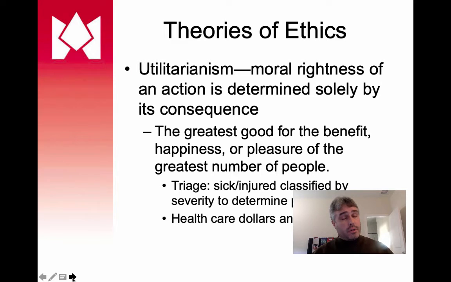Another example of this is healthcare dollars and research. There's only so much money to go around for healthcare research. So I think that's why a lot of times you see that money will go to research a certain healthcare condition over others, because a great number of the population may suffer from cancer, so a lot of money goes to cancer research. But if you have a very rare disease, that may not get an equal amount of money because it doesn't impact a larger part of society.